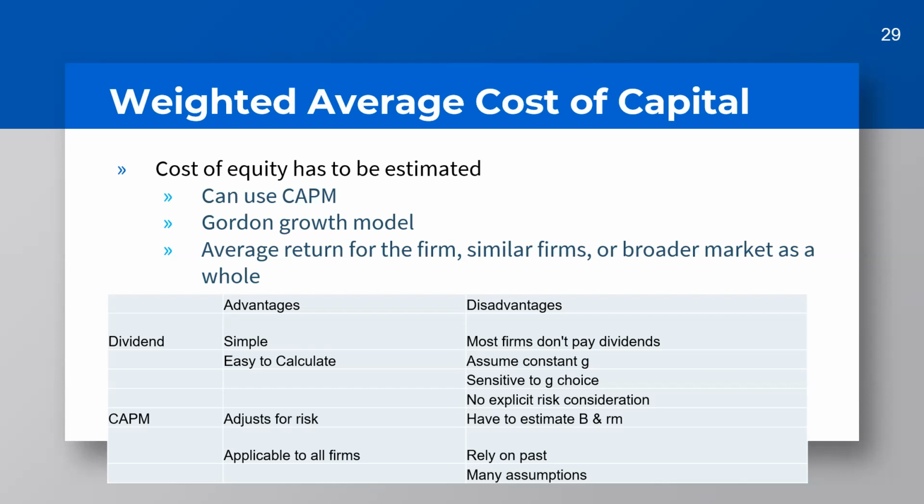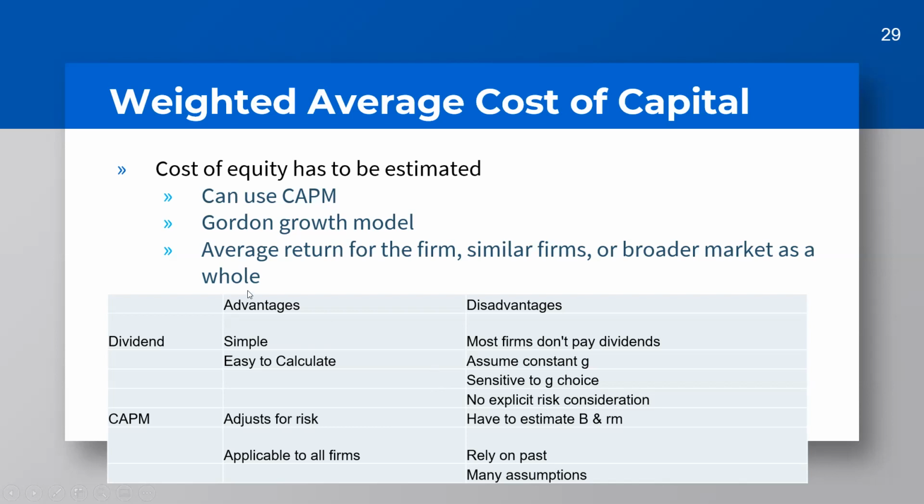But two of the more common methods are CAPM and the Gordon growth model, with CAPM being not even close to the most common method for calculating the expected cost of equity. But each has pros and cons, right? So with the dividend model, like we had already mentioned, it's simple and really easy to calculate. On the downside, most companies don't pay dividends, so it's increasingly inapplicable. You have to assume a constant growth rate, it's highly sensitive to the growth rate you choose, and there's no explicit